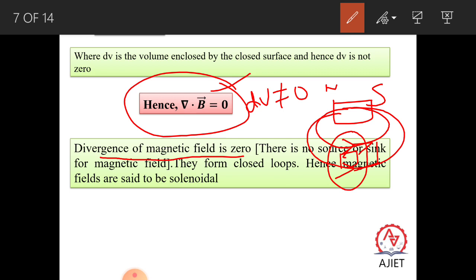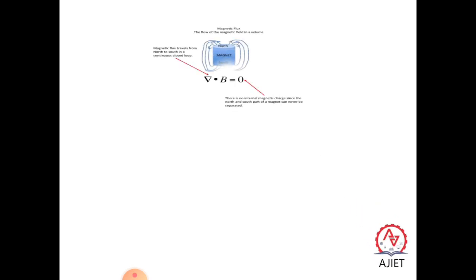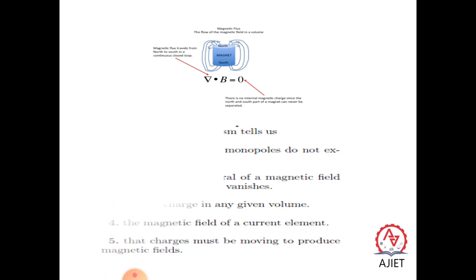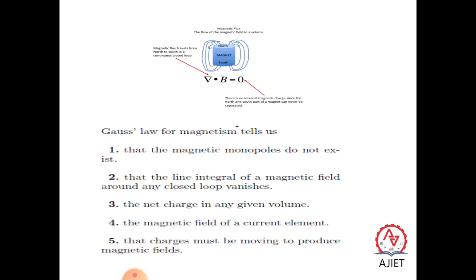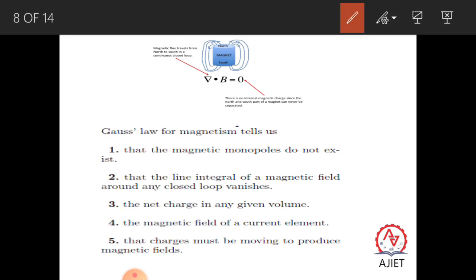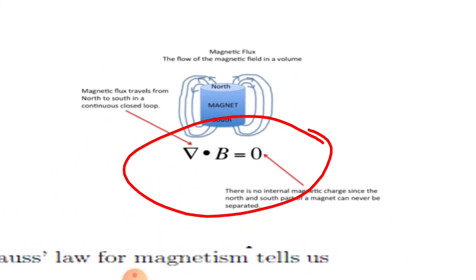As I told, the sum of the total magnetic flux through a Gaussian surface is zero, or some people will say that the magnetic field is a solenoidal vector field. So this is actually called Gauss law of magnetism. Hope you understood that. It is very clear here. You can see that I have given here del dot B.